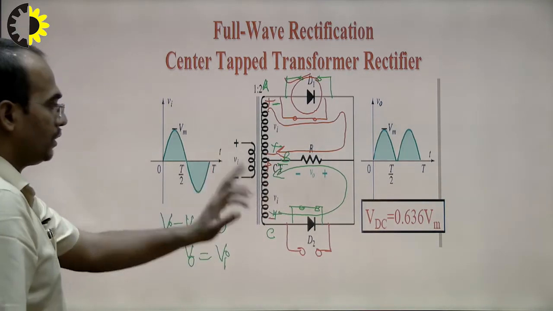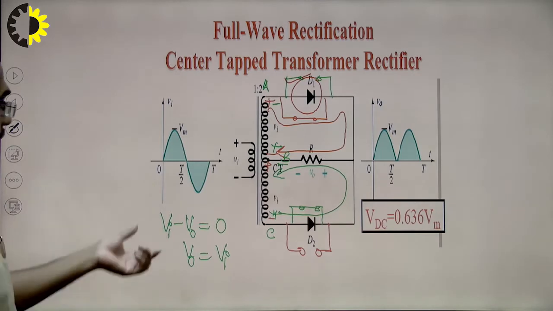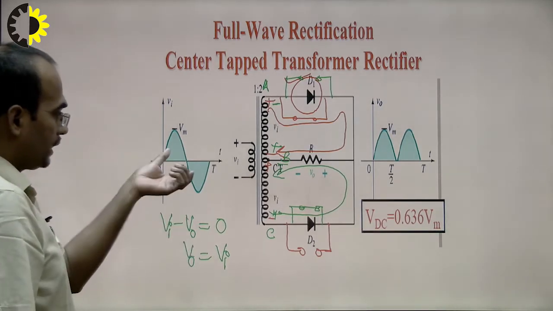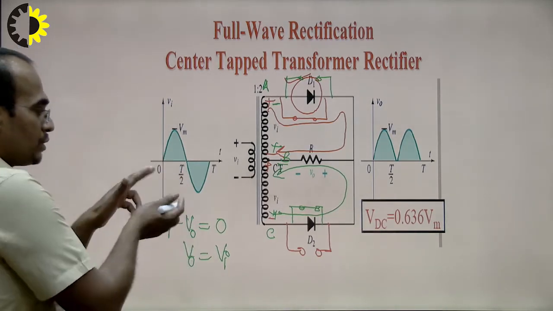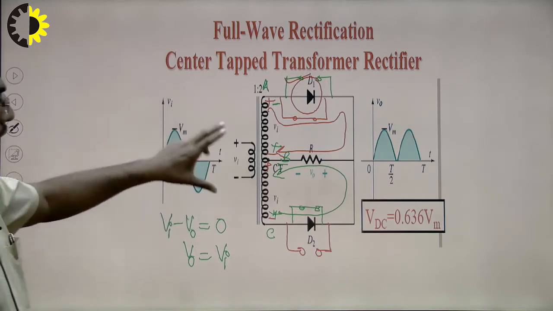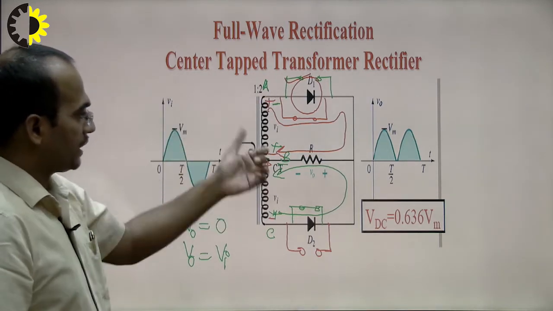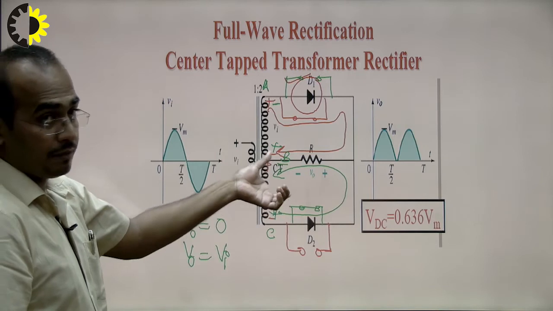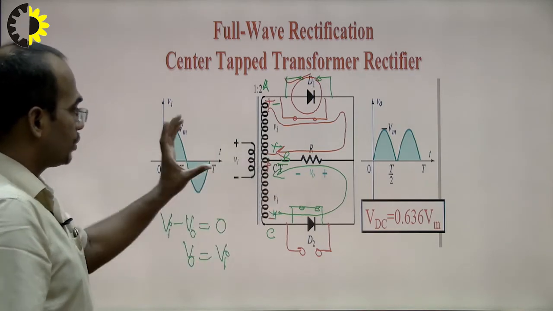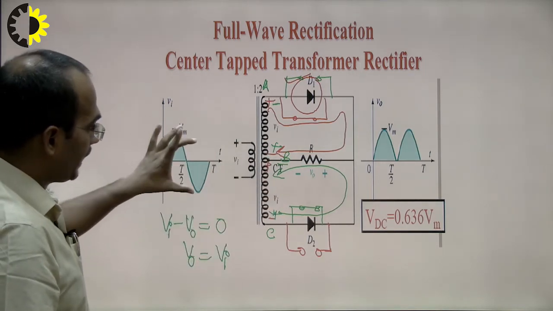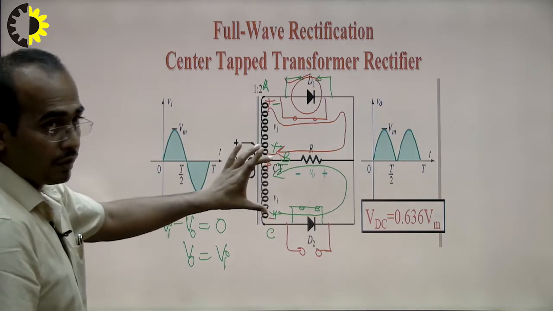Vi minus V naught is equal to 0. So what have I applied here? I have applied the negative half cycle here. So what will you get? You will get the opposite of this half cycle, because here I have considered the negative and positive polarity. So if I am applying it here, I am considering the magnitude with sign.